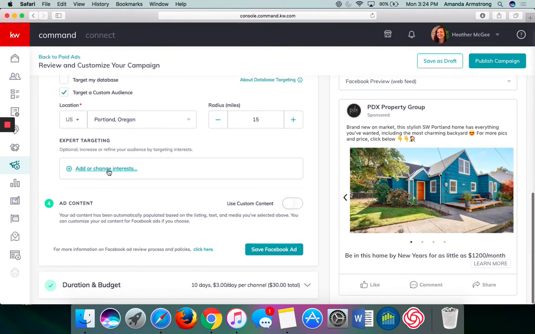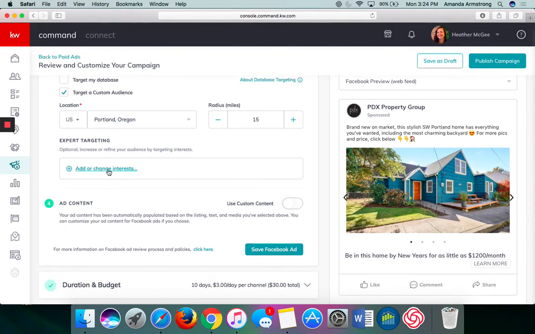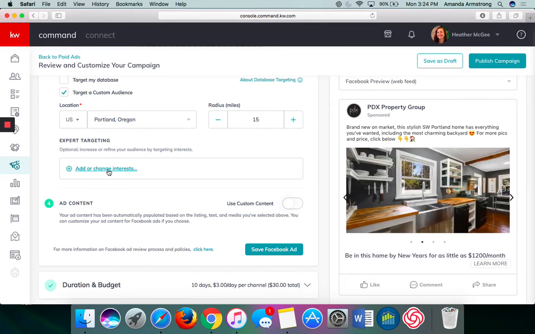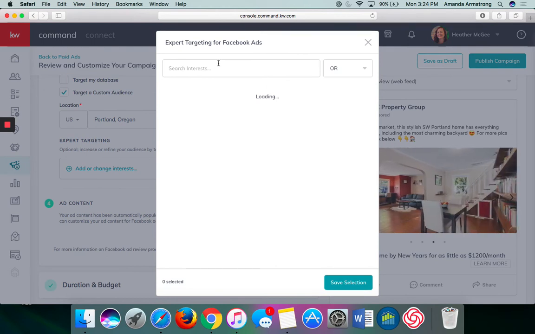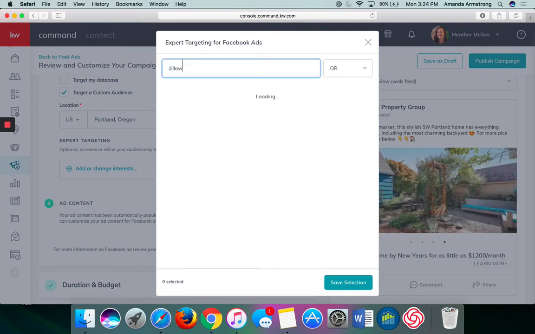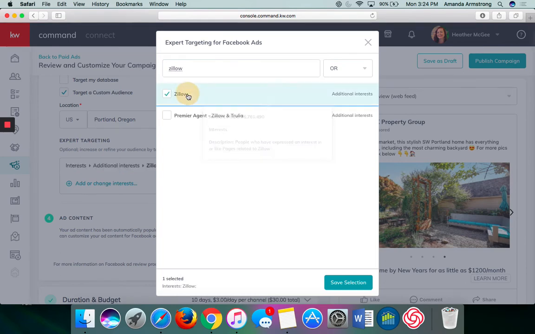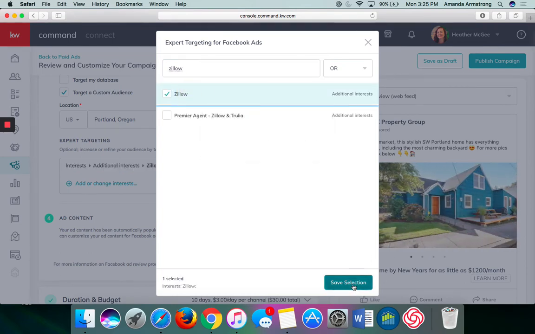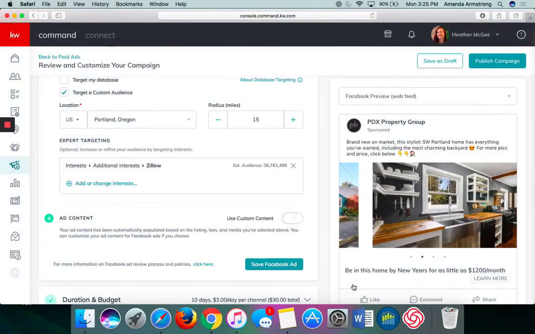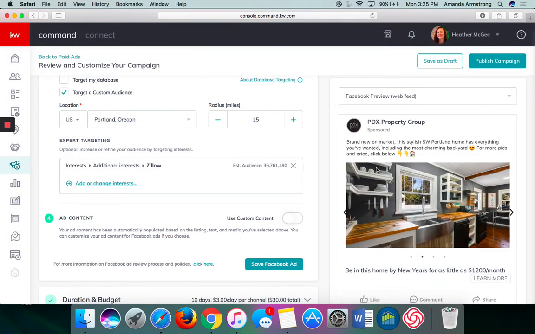But what we can do is we can target our audience. And this is where Facebook analytics really help us out. Facebook knows what we've been looking at online and we'll use that to our benefit. So here we're going to pull up Zillow. Let's say people that are browsing Zillow on the internet might want to be looking at this home that we